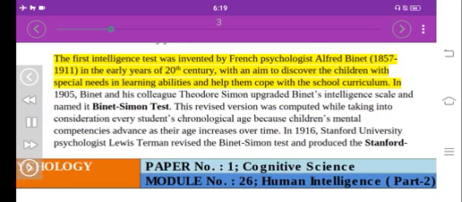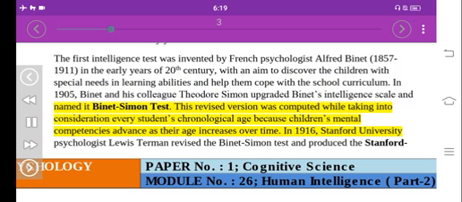The first intelligence test was invented by French psychologist Alfred Binet, 1857-1911, in the early years of the 20th century, with an aim to discover children with special needs and learning disabilities and help them cope with the school curriculum. In 1905, Binet and his colleague Theodore Simon upgraded Binet's intelligence scale and named it the Binet-Simon test. This revised version was computed while taking into consideration every student's chronological age because children's mental competencies advance as their